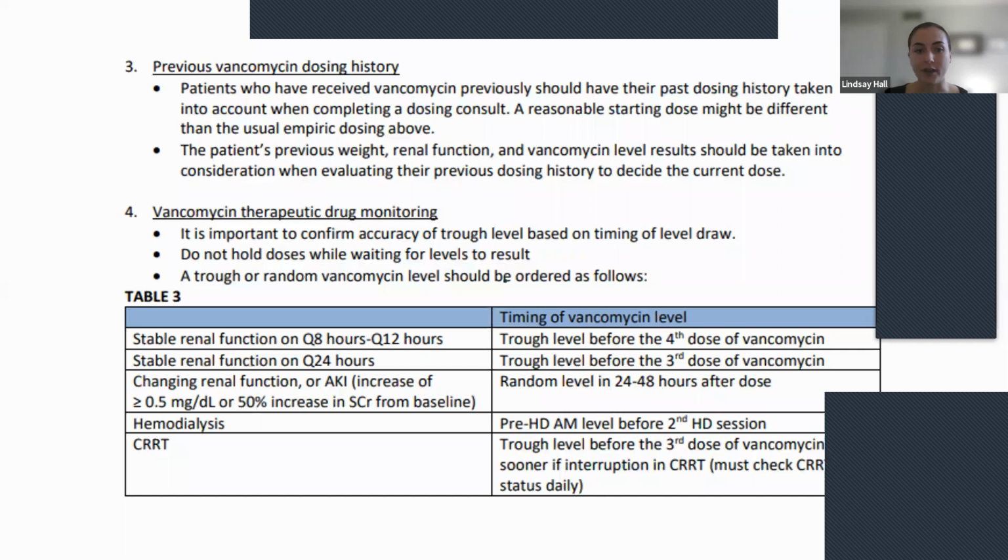So if they're every 8 to 12 hours, it's before the 4th dose. If they're every 24 hours, so that's your frequency of your vanco, it's before the 3rd dose. That 3rd dose, they're not at steady state yet. So we wouldn't expect that trough to be 100% where we want it, but it gives us an idea of